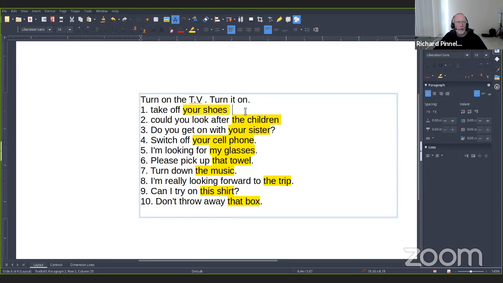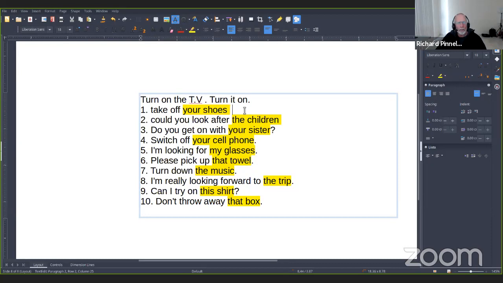Two possibilities. Well, I shouldn't give you any clues. Who's got the answer? Write the same thing using the pronoun. I think maybe I'll do the first one to show you what you need to do. Here's the example.